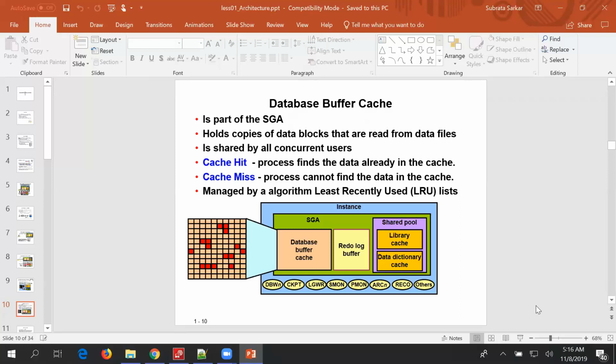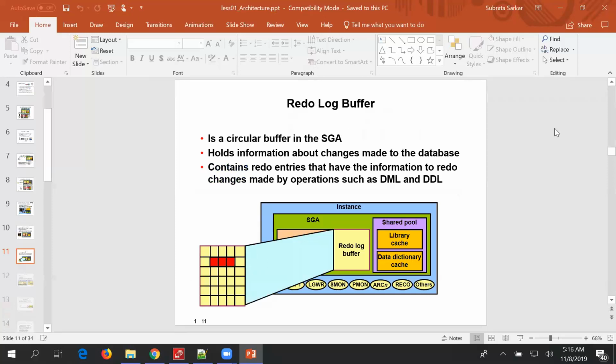This is known as a cache miss. And then in memory, Oracle will change the old value to the new value, and the buffer cache thus becomes dirty. And these dirty buffers are written to disk by the DBWR process. So this is the database buffer cache.